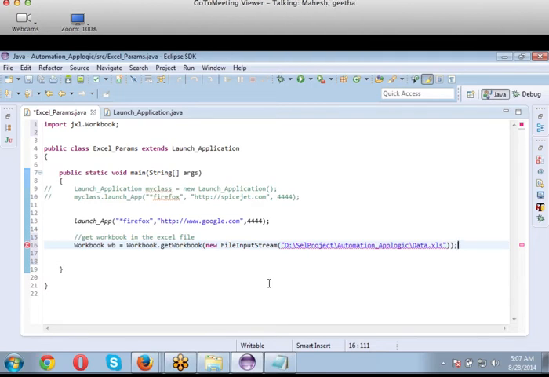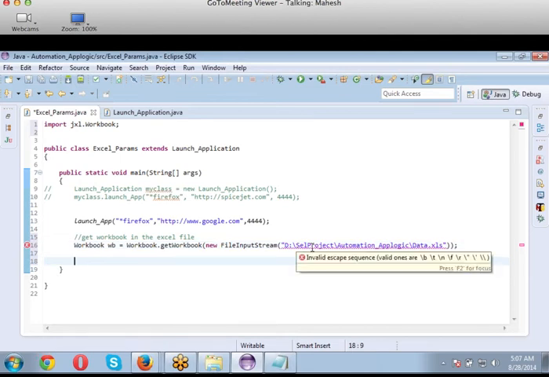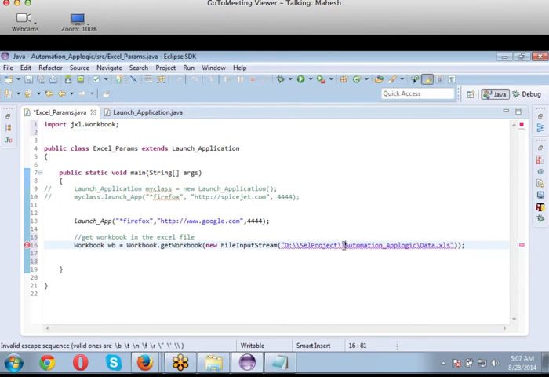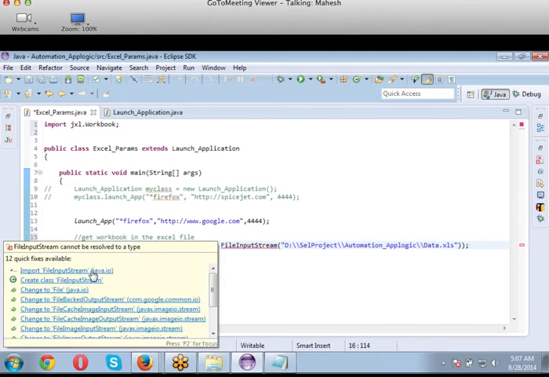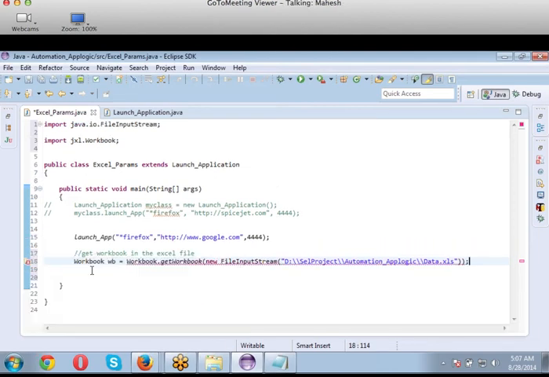Double slash. What is that called? Yeah, double slash is okay. What is that procedure called, implementing double slashes? We have to use escape sequences. If you keep your mouse pointer there, you'll get that error. These are called escape sequences. We have to give double slashes as you said. And FileInputStream is a class, let's import it. And where are these Excel values coming from? From which jar file? Throws exception.